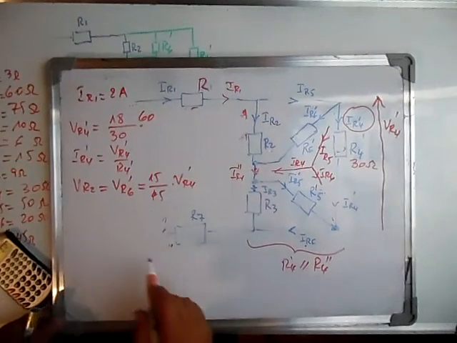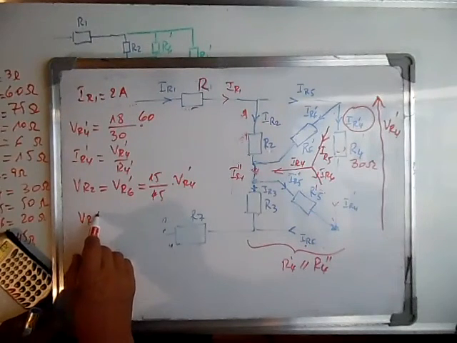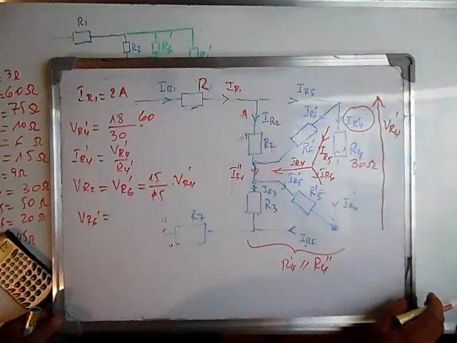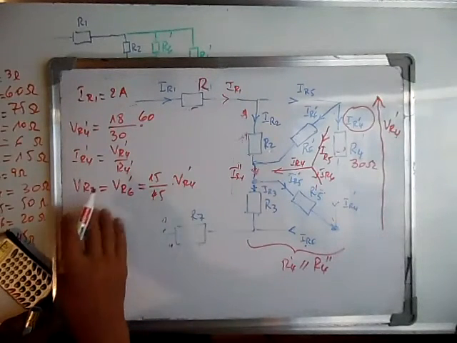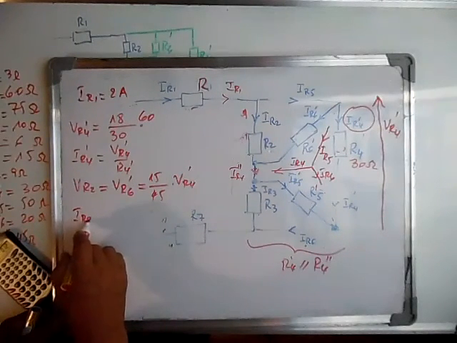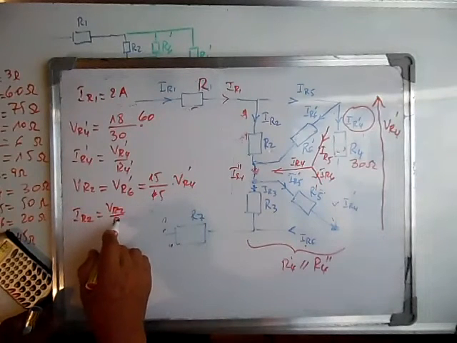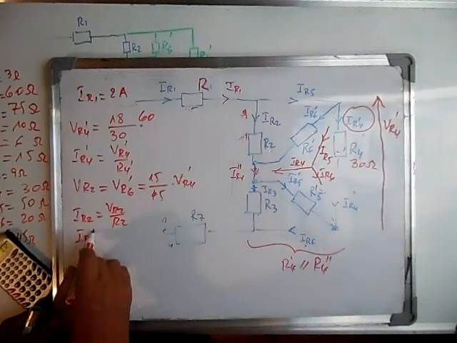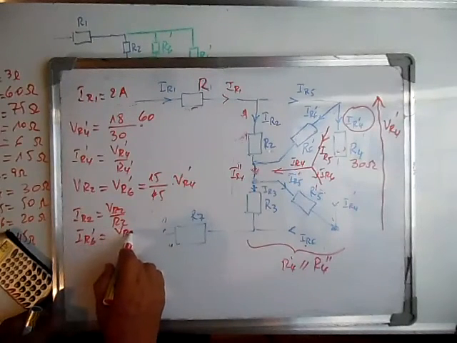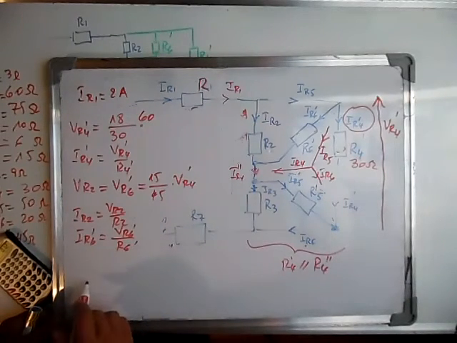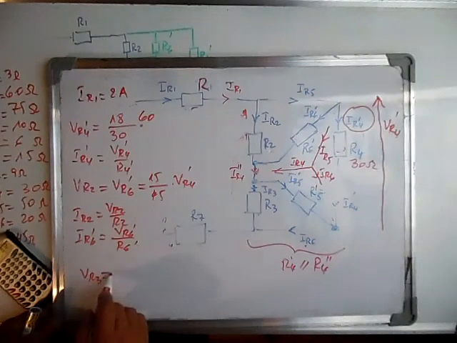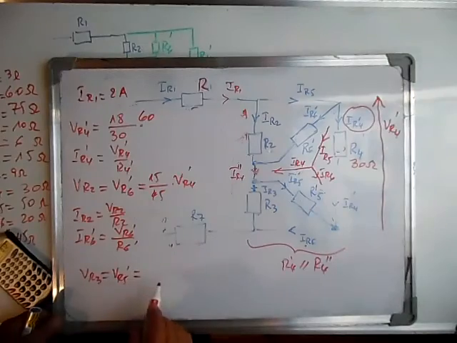And from here we can calculate VR6 prime. VR6 prime is calculated. We can calculate IR2, it's VR2 over R2. We can calculate IR6 prime, it's VR6 prime over R6 prime, and later we can calculate this voltage, which is VR3, which is equal to VR5 prime,